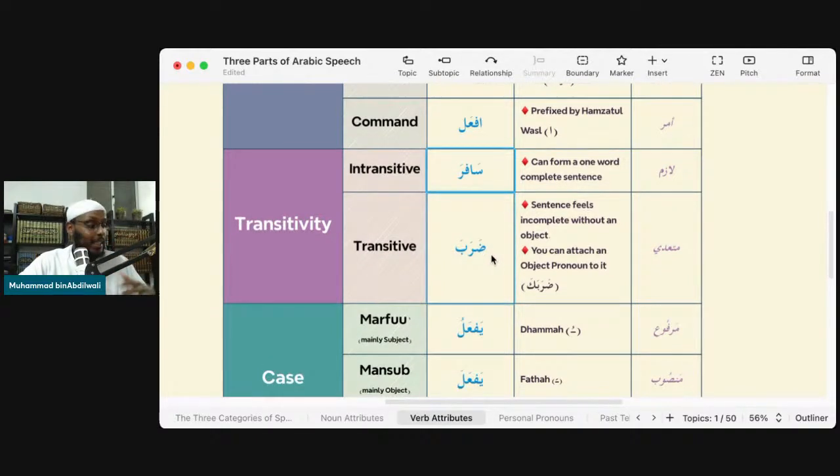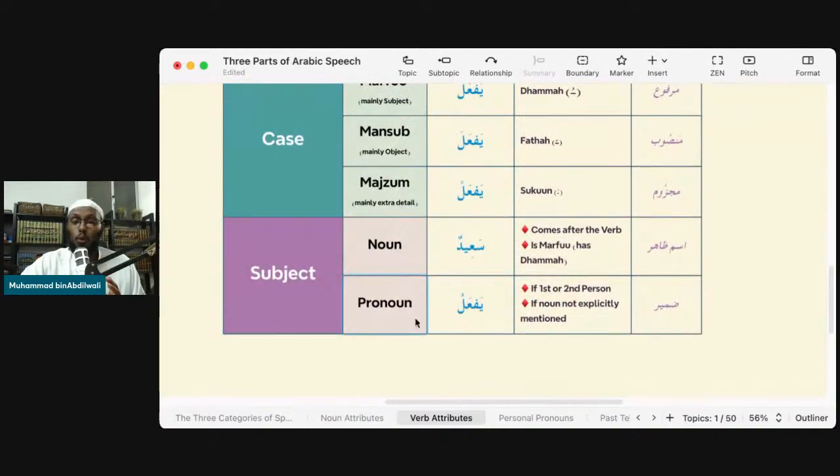So what I mean by that is, in Arabic there are sometimes things that, if it's obvious, are not mentioned. Safara, it's obvious that it's "he." Why is it obvious? Because it is not safarat. It is not safaru. Because it's safara, it means "he." So this, how to know the subject of a verb, is the most important thing that you need to figure out. We're going to talk about that once we start talking about personal pronouns, inshallah.